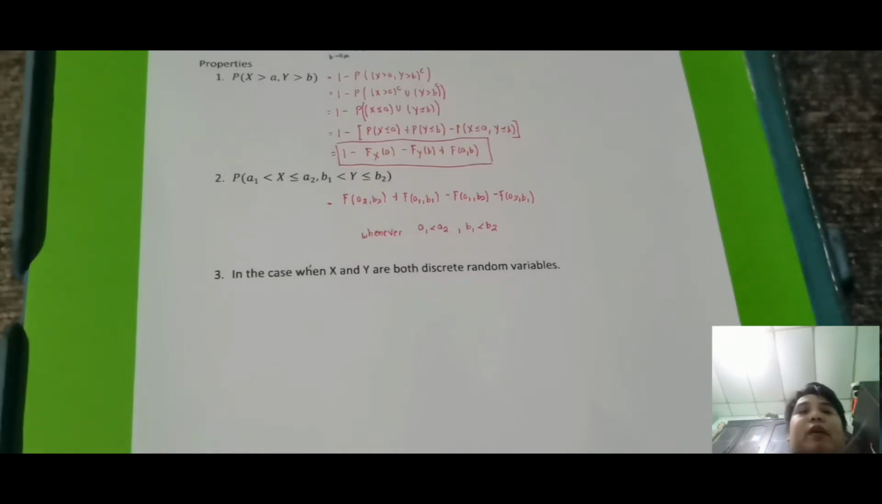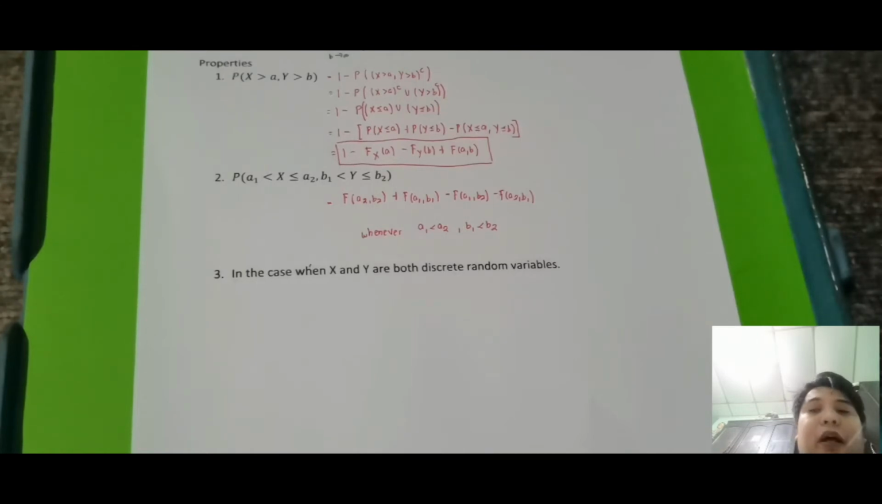So sa joint distribution function, ang pag-uusapan natin is in the discrete case lang. Okay, so wala muna yung continuous case. So sa next video yung continuous case. So discrete case muna tayo. So in the case when X and Y are both discrete random variables, ibig sabihin, sa discrete random variable, ang meron is probability mass function. Okay? So, kung ito ay joint